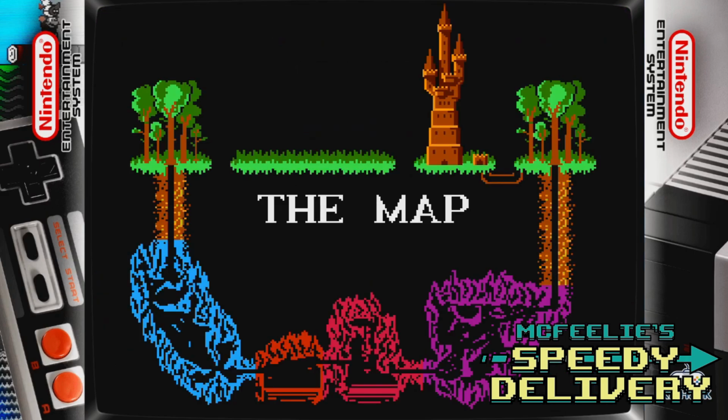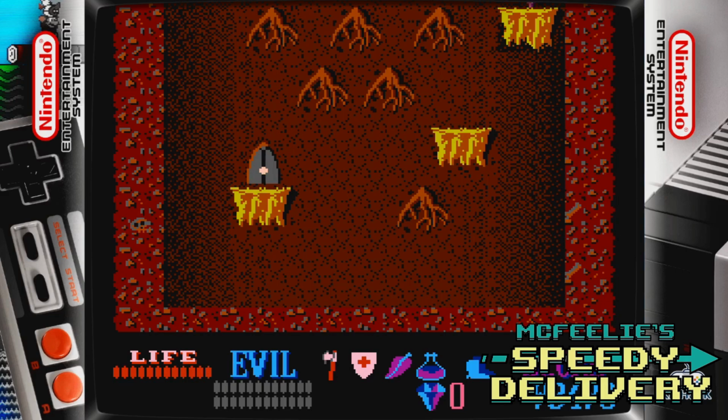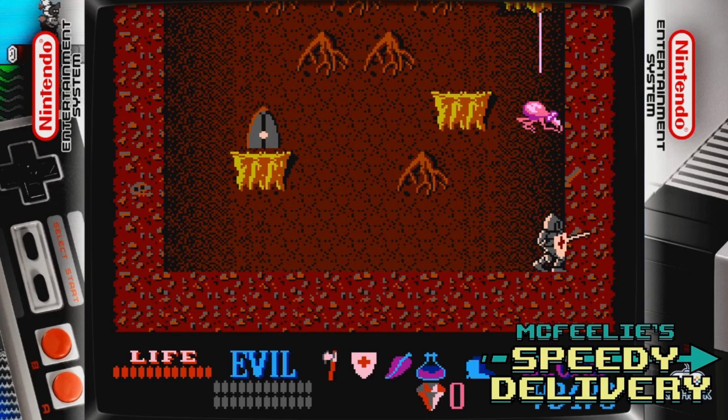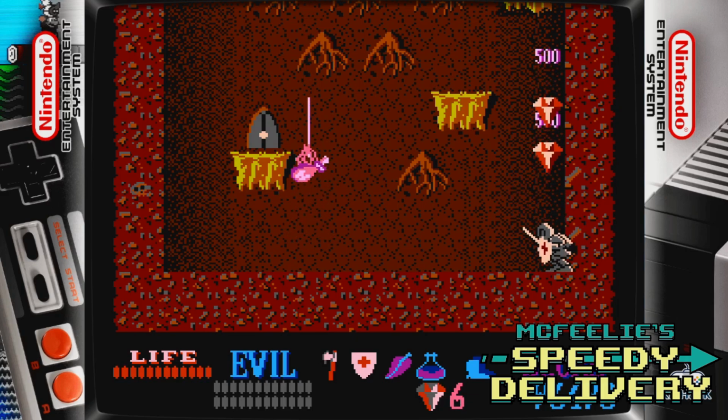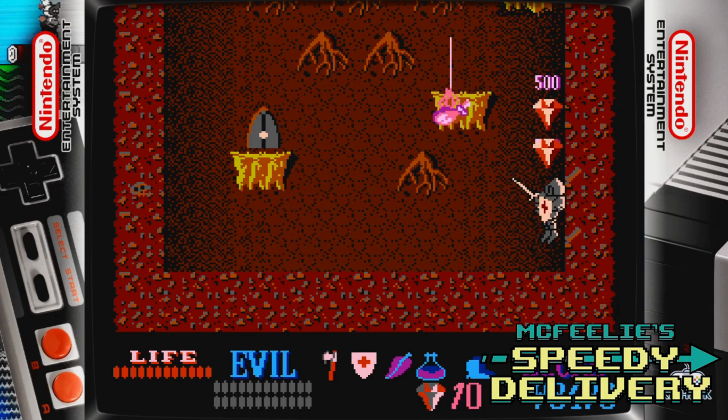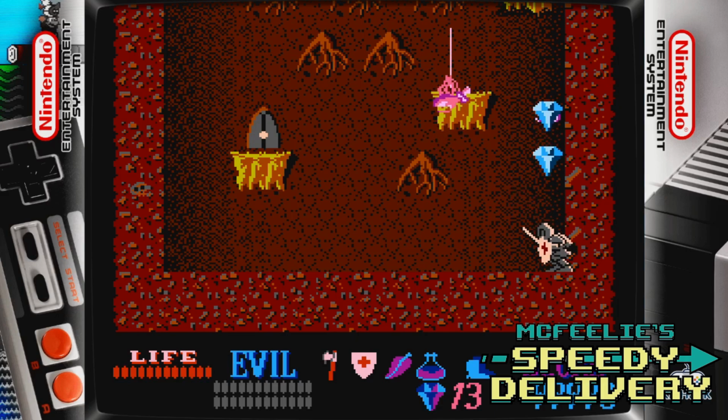Let's take a look at the map. Level 5 is the second Forest of Elrond, and this time you actually start underground at the bottom of a tree. A great place to kick things off is here in the right corner with hidden gems, but there's a cool glitch here too. As long as you don't take more than 14 gems,